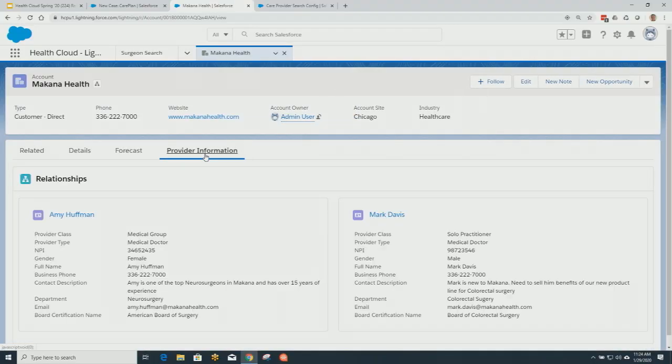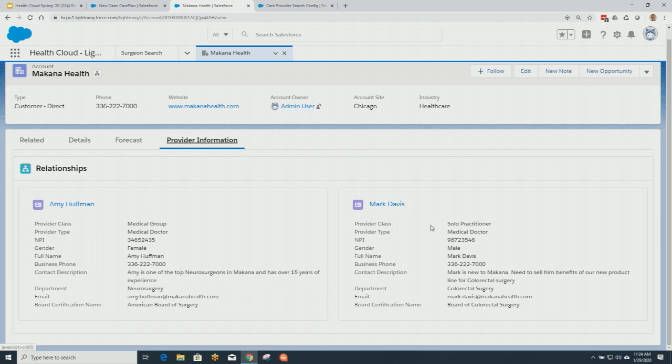So I am in an account page, and I've added a visualization card which shows me information about the contacts at that account. So I can see there are 2 contacts, and I have a lot of information about those contacts listed. So what I'm going to show is how we actually did this kind of configuration. So how were we able to create the content in these cards, and how did we attach these cards into this page? So the first thing is, again, if you go to edit page on this page,